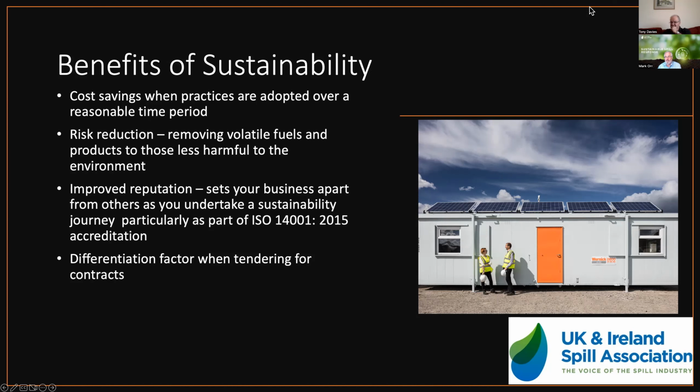Working sustainably improves your reputation. It starts to set your business apart from others as you undertake a sustainability journey, particularly if you adopt ISO 14001:2015 as a key milestone along your journey, because that ensures that you have to document what you do, you have to quantify the effect that it's having,